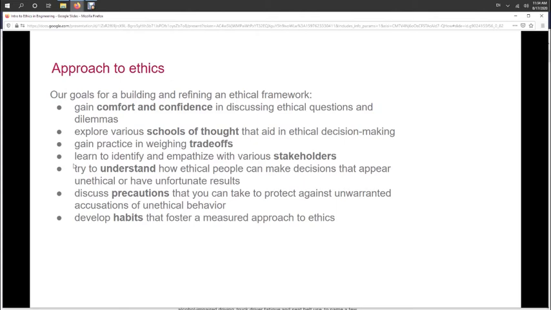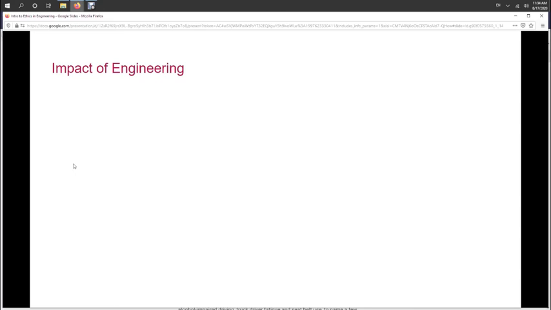And the reason for that is a bit of self-protection. First of all, it's fair, but secondly, we ourselves could also become targets of unfair accusations. So, kind of what goes around comes around. So we want to be careful of that.